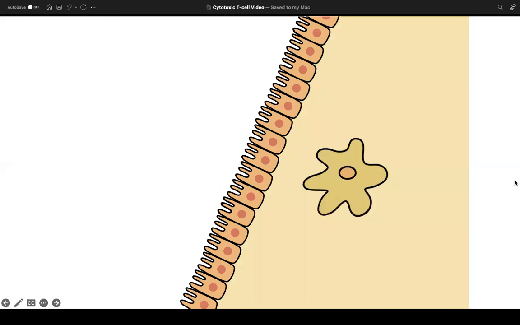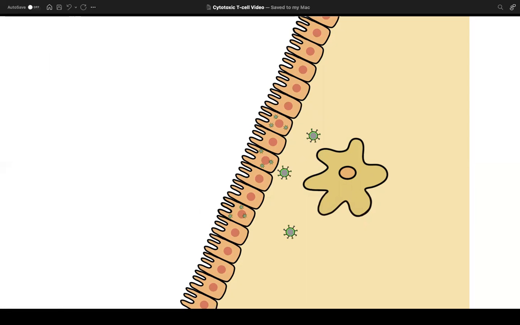To give a brief overview of how a cytotoxic T cell helps, it is mainly focused on intracellular pathogens. The most common intracellular pathogen that we experience in our daily life is a virus. A virus will bind to most likely our respiratory epithelium and will infect the cells that are lining that epithelial layer. When this happens, these infected cells will then produce more viruses that then get into our system and can